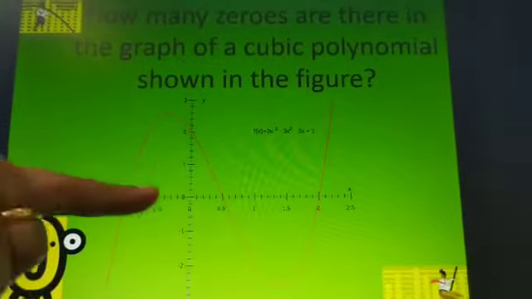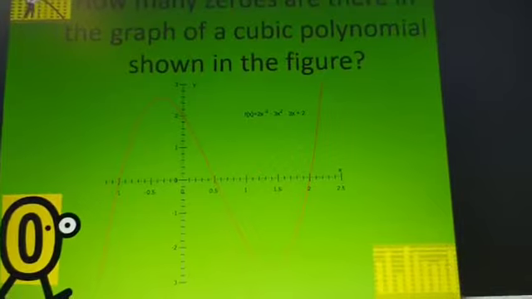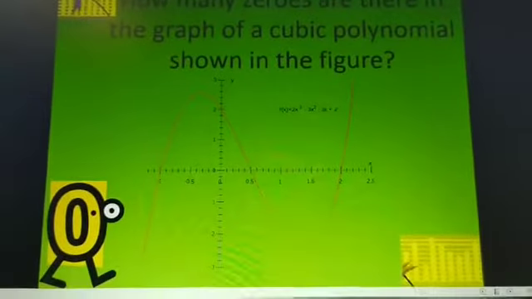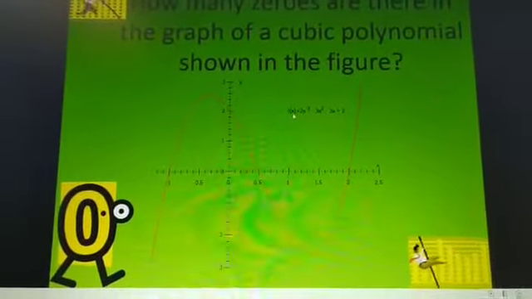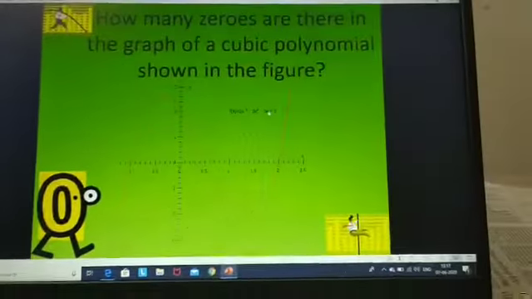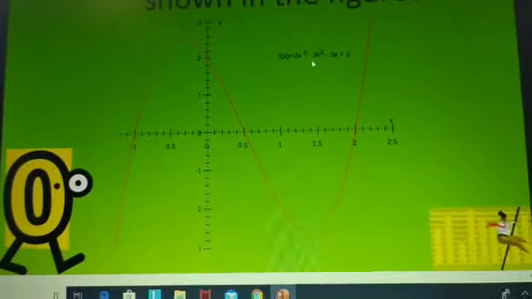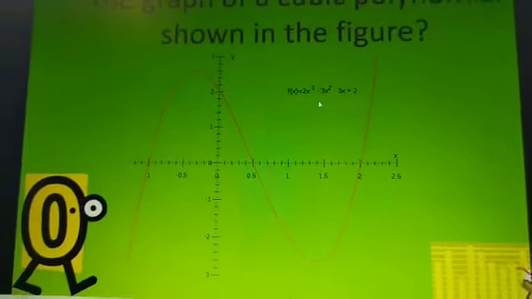Because we know that the y-coordinate of all points on the x-axis will be 0. So for minus 1, if you substitute in this polynomial expression, we can see the third degree polynomial expression here, 2x cube minus 3x square minus 3x plus 2. If you substitute minus 1 here, just check whether the entire expression is going to be 0 or not.